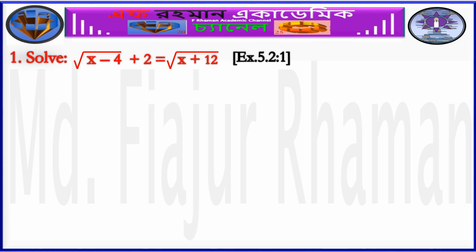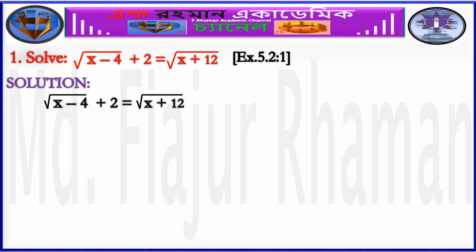Question 1. Solve. Square root of x minus 4 plus 2 is equal to square root of x plus 12. Solution. Square root of x minus 4 plus 2 is equal to square root of x plus 12. Radical on the right side of this equation is isolated, and the isolated radical is square root. That's why we have to square both sides of this equation. Squaring both sides of this equation, we get